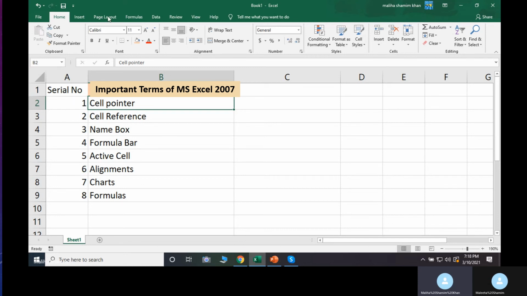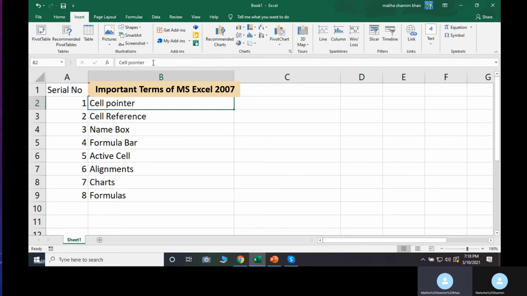Let's talk about charts. We can put our data in pictorial form through the charts, and it is very easy to apply. You can quickly go to the Insert tab, and there is a group of charts, and there are a variety of charts. You can select one according to your own choice.